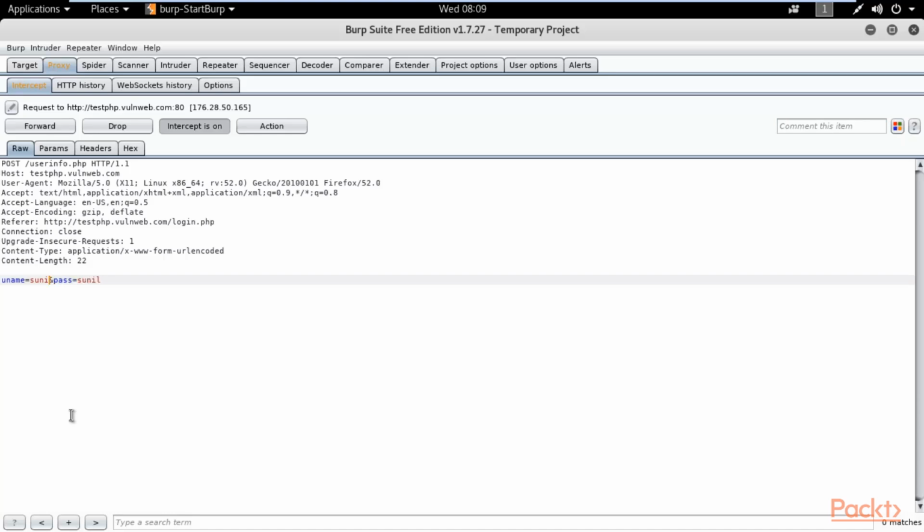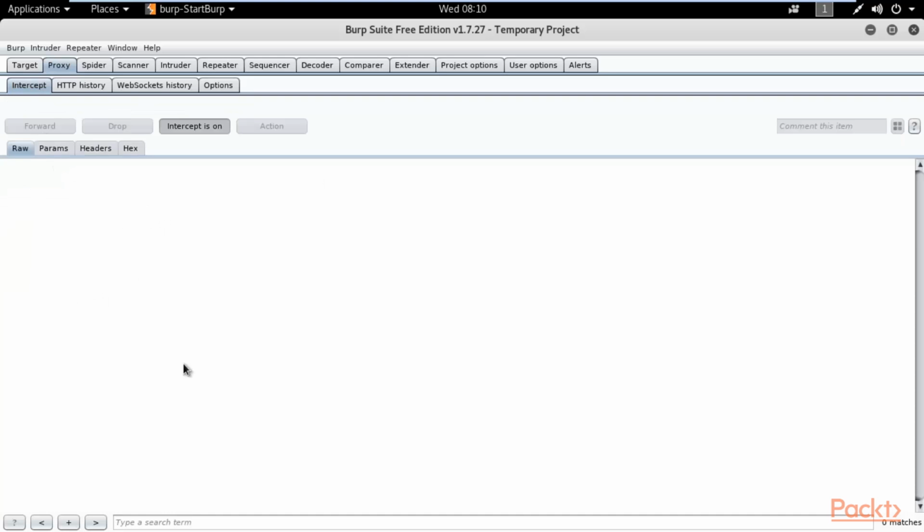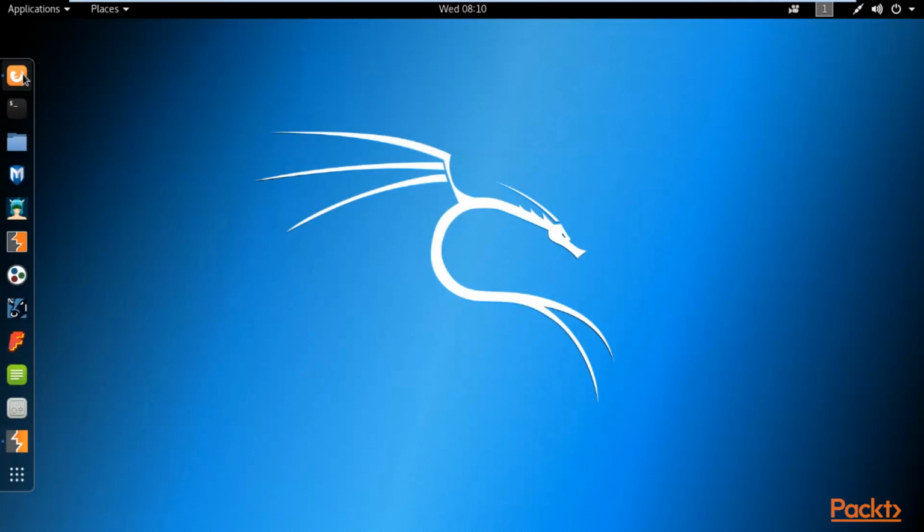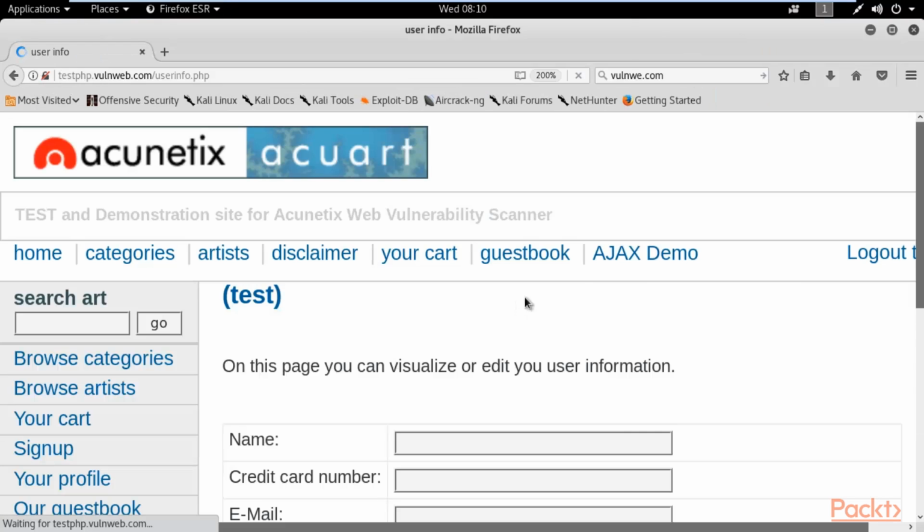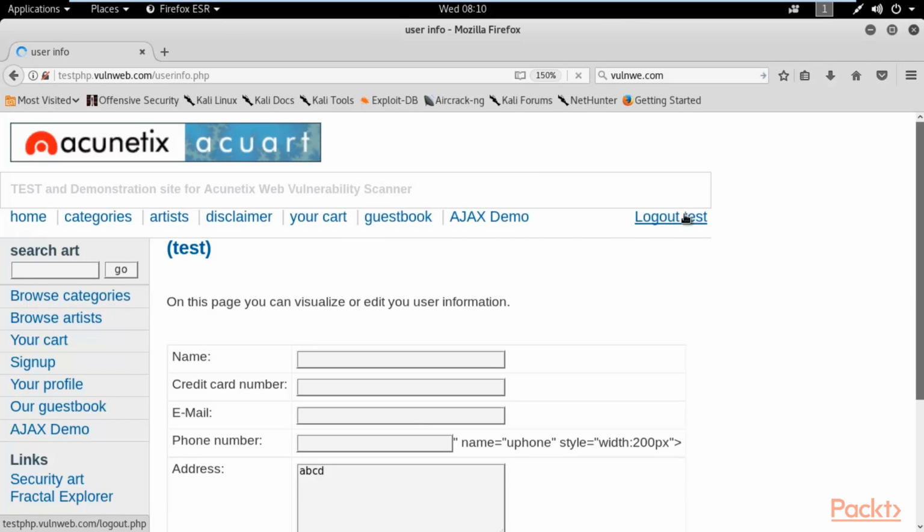Because the right username and the password is test in the website, let me show you how you can log in from here. So you can type test here, right? Password is also test. All right, and you can click on this forward button, so it will go to the browser, right? And I hope that it will log in automatically. So you can click on forward, it has been forwarded. Minimize it, open the browser, and here you can see that you have actually logged in to the website automatically. All right, so that's how you can see the logout button here.